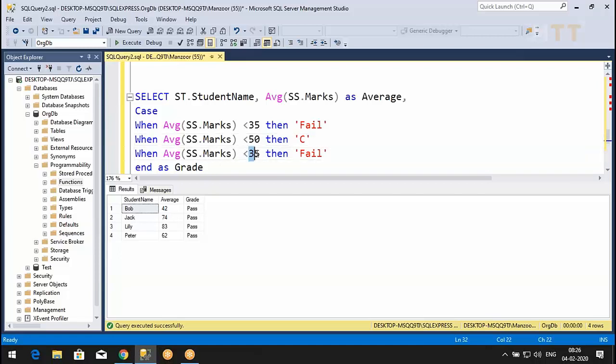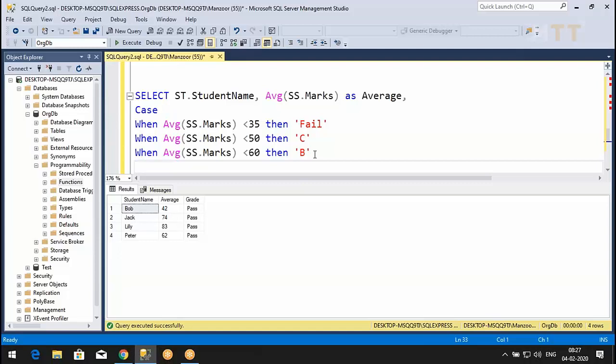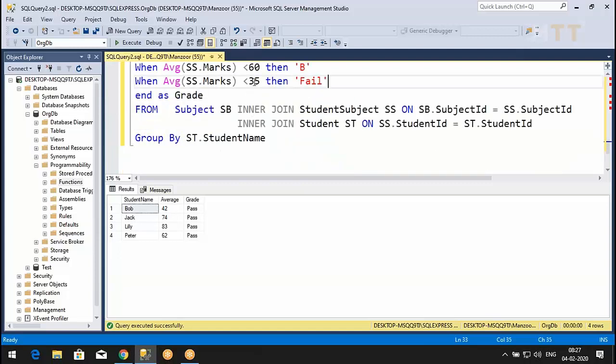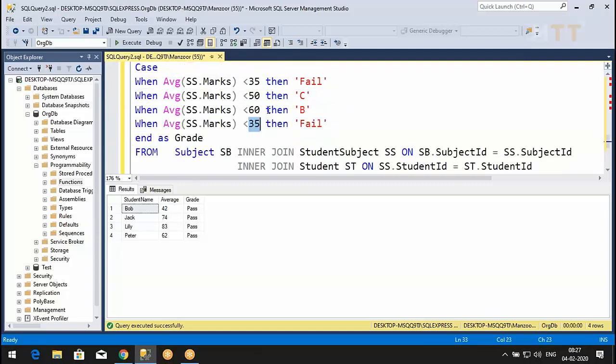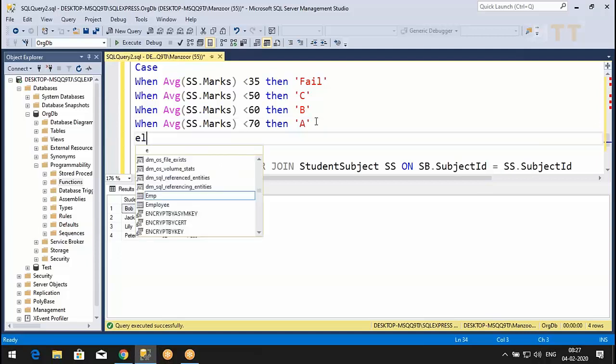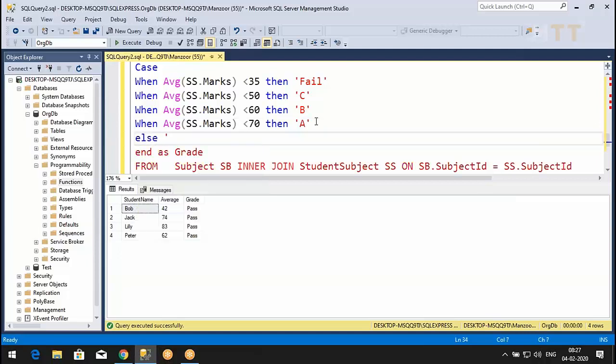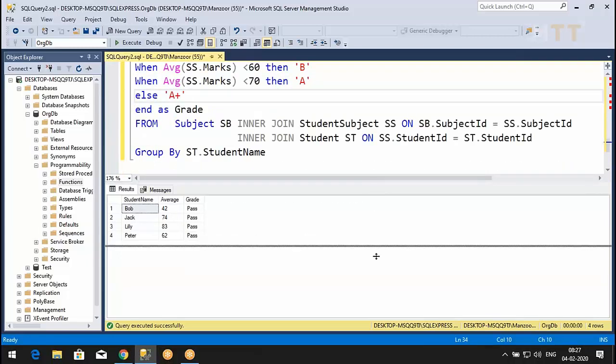When less than 60, falls in B grade. When less than 70, falls in A grade. Else it will fall in A plus. If none of the cases is satisfied, then it will go to else. Now let me execute.